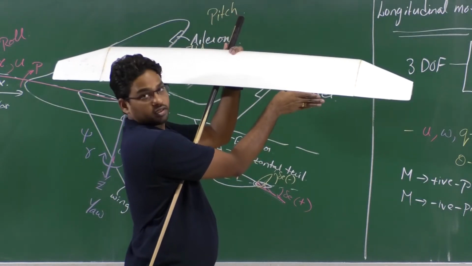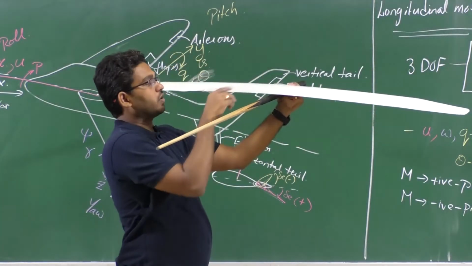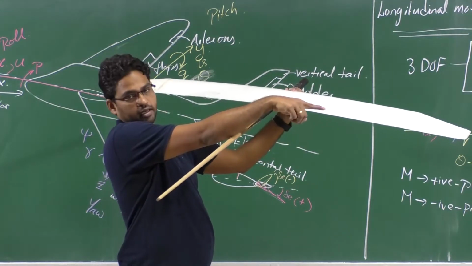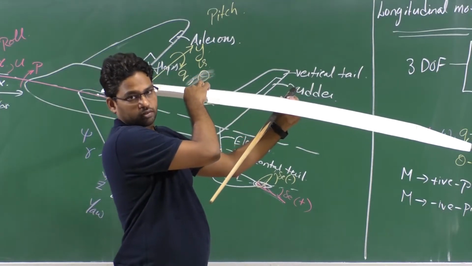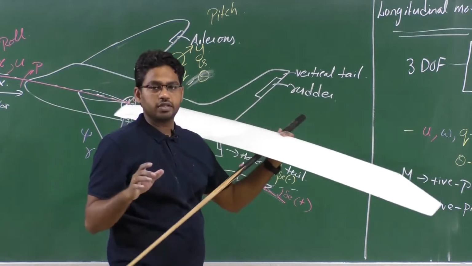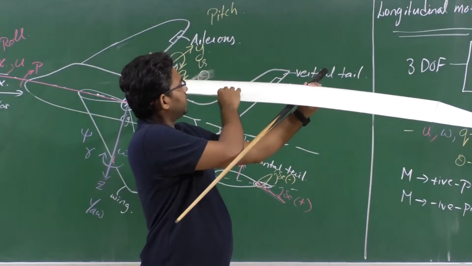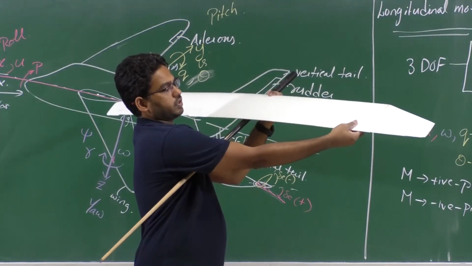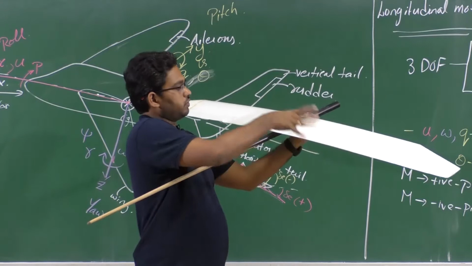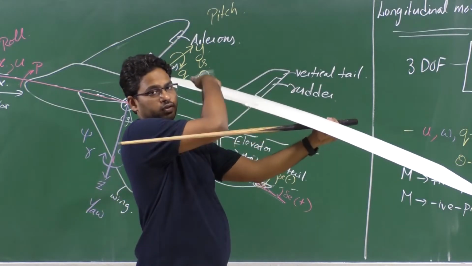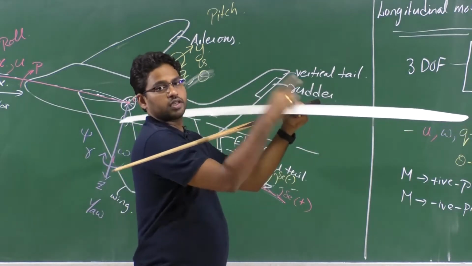When I deflect this downward, it produces a force upward, isn't it? So these two ailerons are deflected in opposite directions. When I deflect the right aileron down, the left aileron will be deflected upward, right? So this is how in general the convention is. And the average of these two deflections is the actual control surface deflection of the ailerons, right? When you deflect it down, we have an upward force. When you deflect it up, you have a downward force. So this upward force will contribute towards a negative moment. Even the downward force from here multiplied by this offset distance contributes towards a negative moment, right?